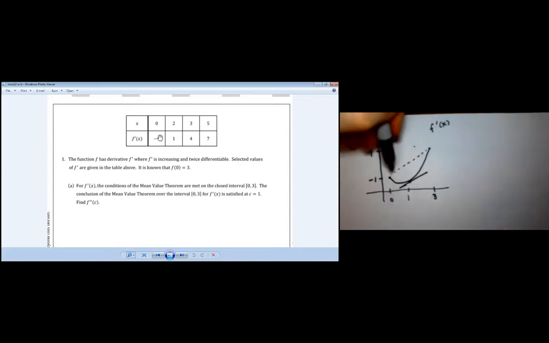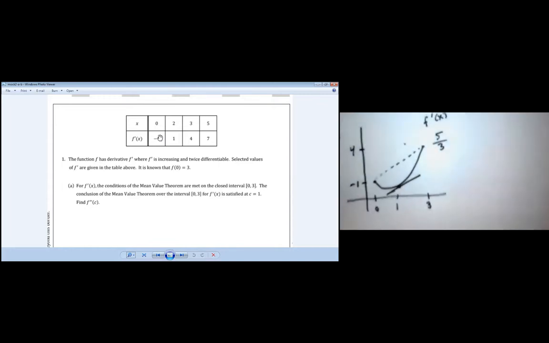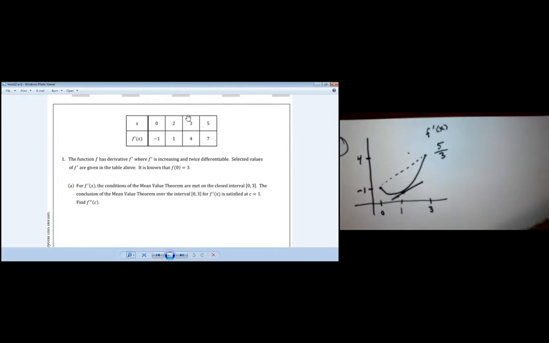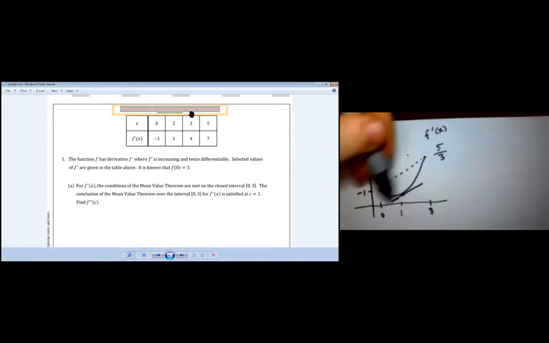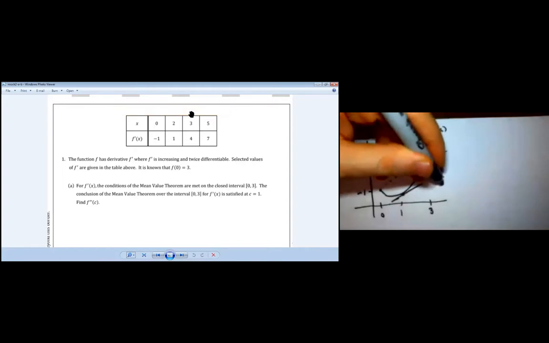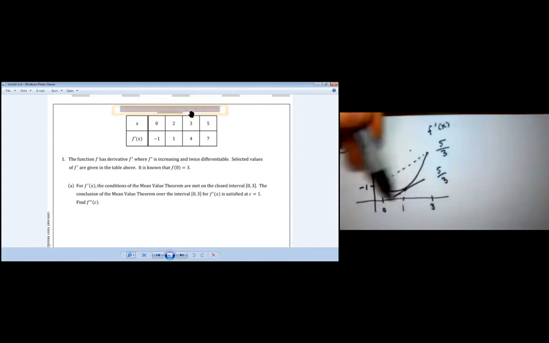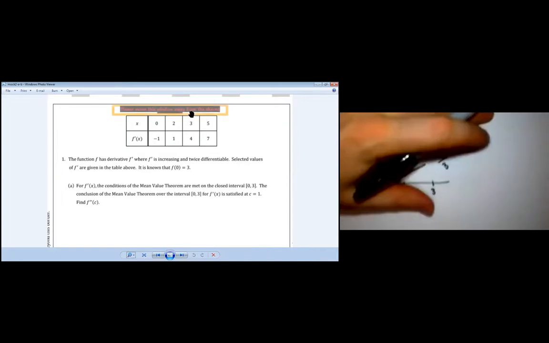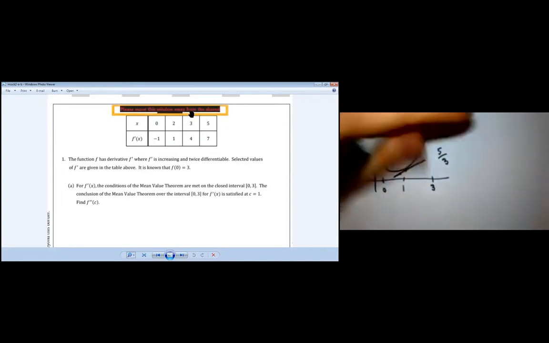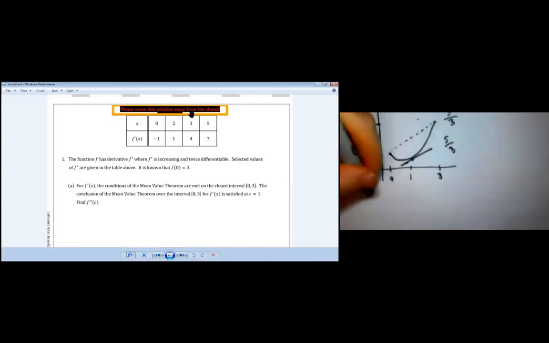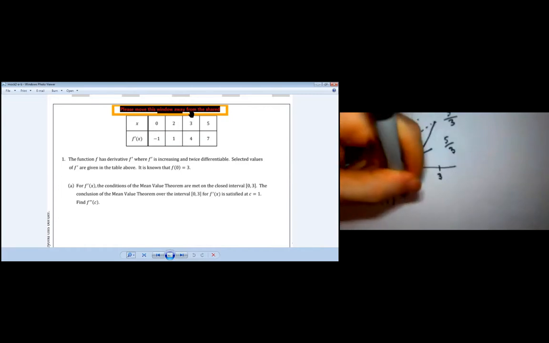So if I was to find the slope of this dashed line, that's going to be 4 minus -1 over 3 minus 0. So the slope of that line is 5/3. So what do you know about the slope of that tangent line? It's also got to be 5/3. Now, since we were talking about F prime and F double prime, this question's super easy. It's just a matter of reading through the gibberish. That means at that spot, the slope of that line is 5/3. So all you got to say is F double prime of 1 is equal to 5/3